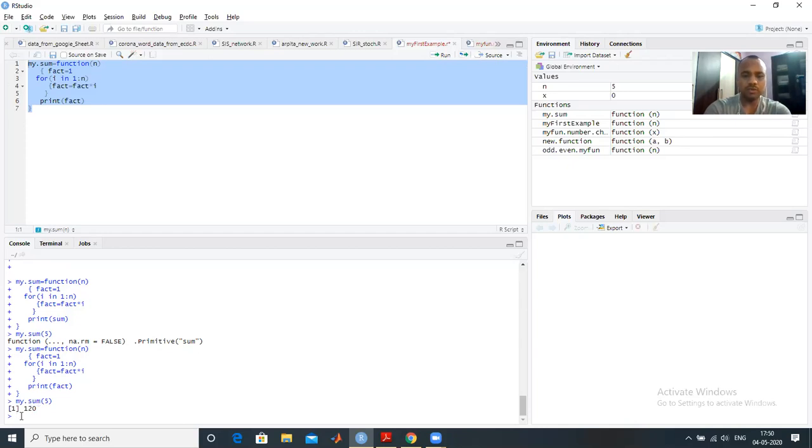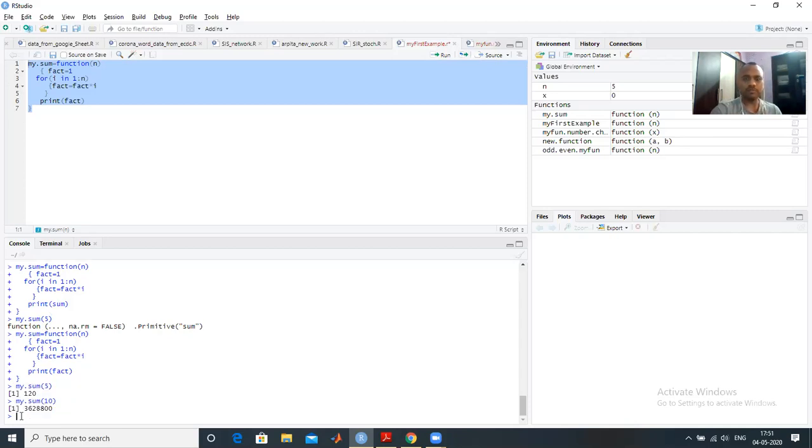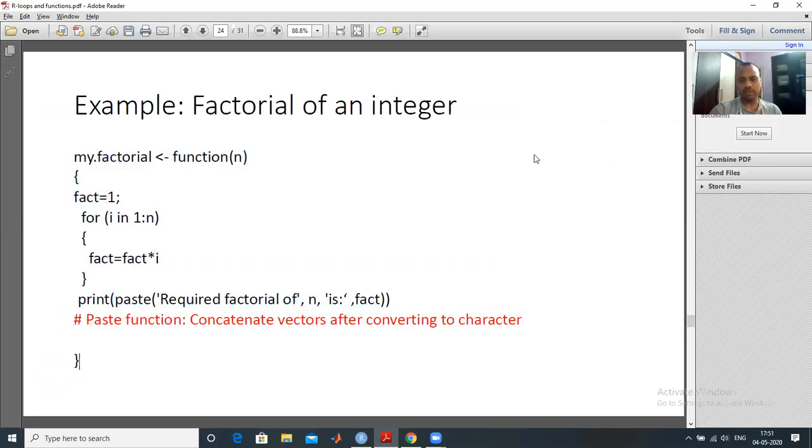That's clear? So I write my.sum for 10, and it computes the factorial for 10. And if you want to change the name, then you can change it. So this was the simple code where we can compute the factorial.